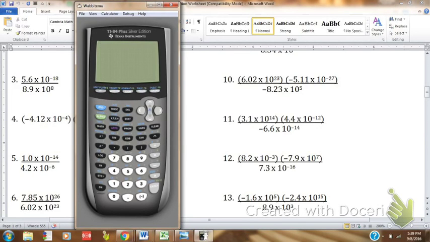This video I will work out question 12, just what it would look like when I enter a problem like in number 12 and then correctly report to the correct number of significant digits. So I will enter everything exactly as it is on number 12, parentheses 8.2,